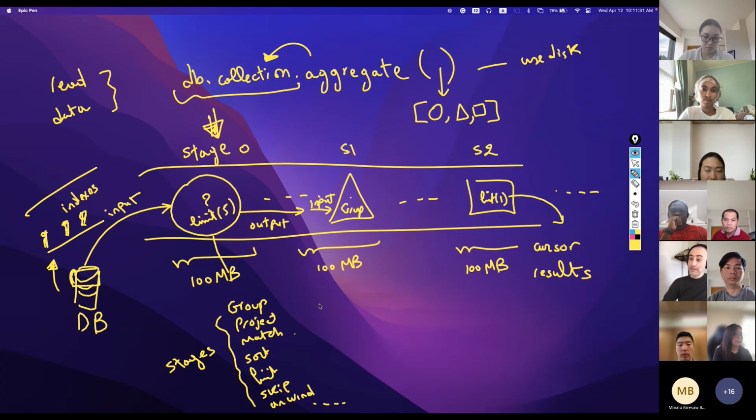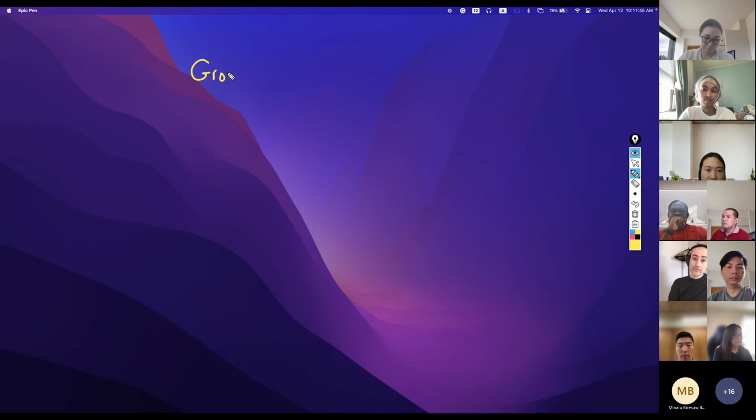Let's go over some details about each of these stages and learn how we use them. The first one we will look at is the group by. And group by works